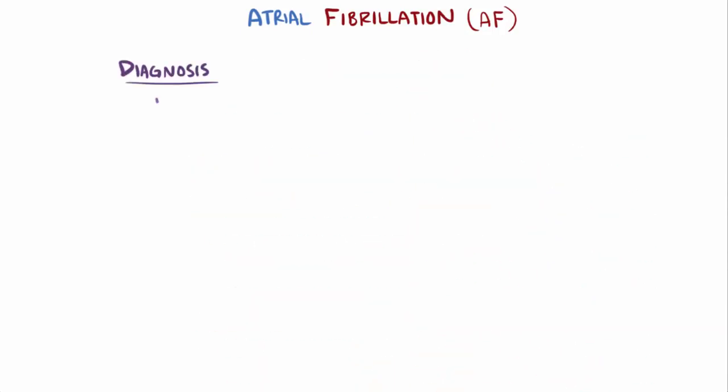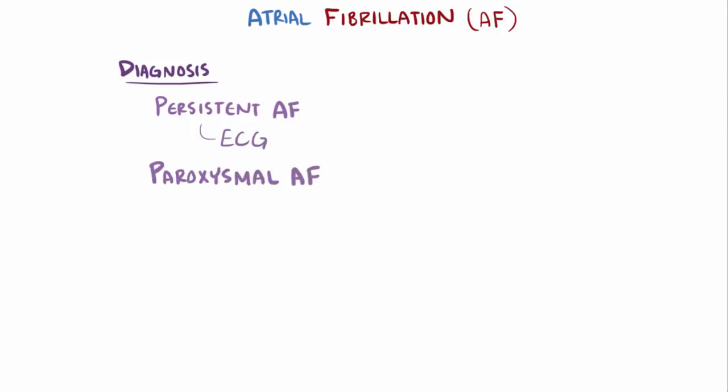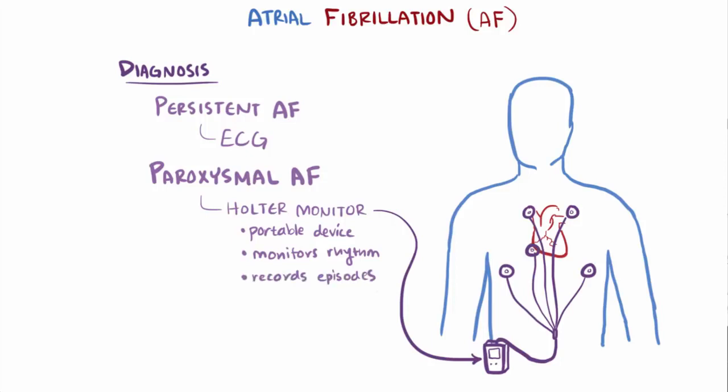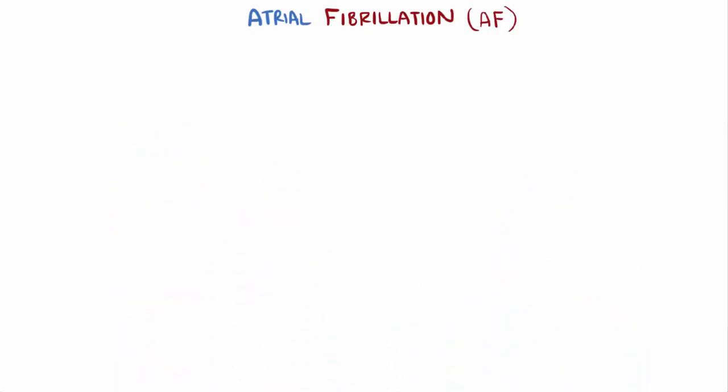Now, diagnosis of persistent AF is done by ECG. Although if the episodes are paroxysmal, but they're suspected, then someone might have a Holter monitor, which is a portable device placed on the chest that monitors their rhythm over longer periods of time, and records potential AF events to be viewed later. Since AF is caused by such a diverse range of issues, treatment is generally different from patient